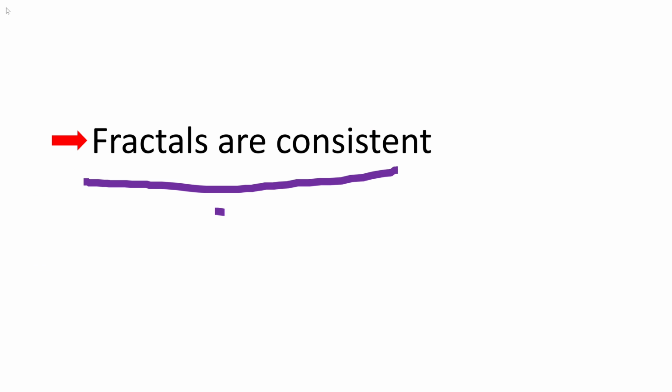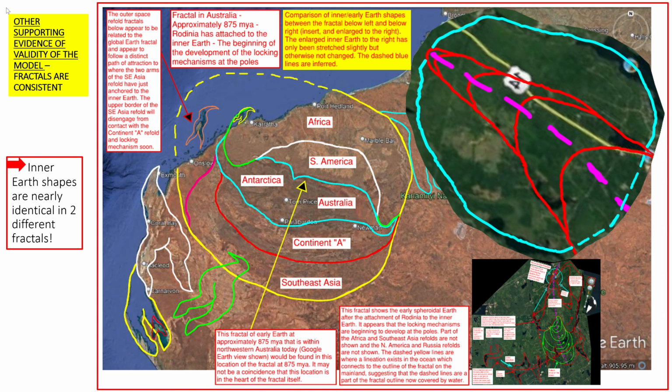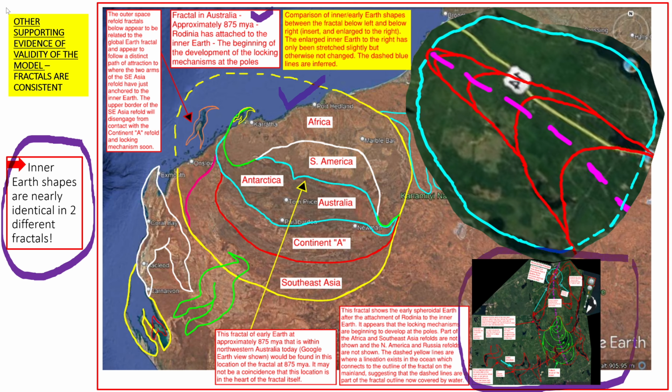Fractals are consistent, as you'll see in the next slides. In general, I'm going to stick to the point here. Everything else has been covered previously. So this slide shows inner Earth shapes that are nearly identical in 2 different fractals. The fractal here, that I'm putting a check mark by, is a fractal in Australia, approximately 875 million years ago. Rodinia has attached to the inner Earth, the beginning of the development of the locking mechanism at the poles. If you look at the insert at the bottom, there's this fractal from Nova Scotia that's representing about